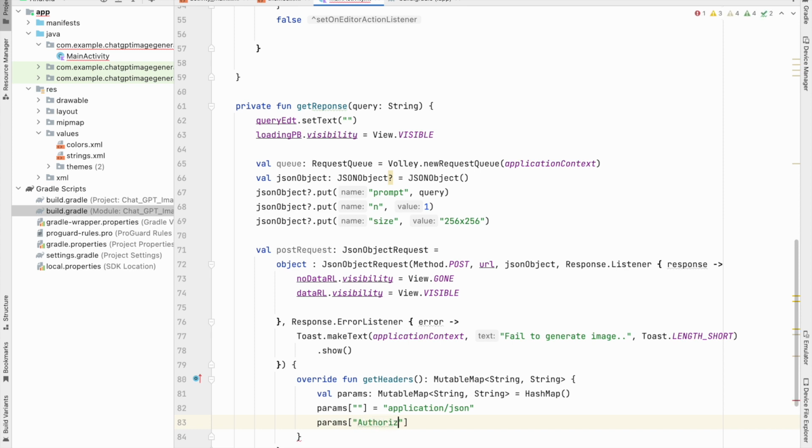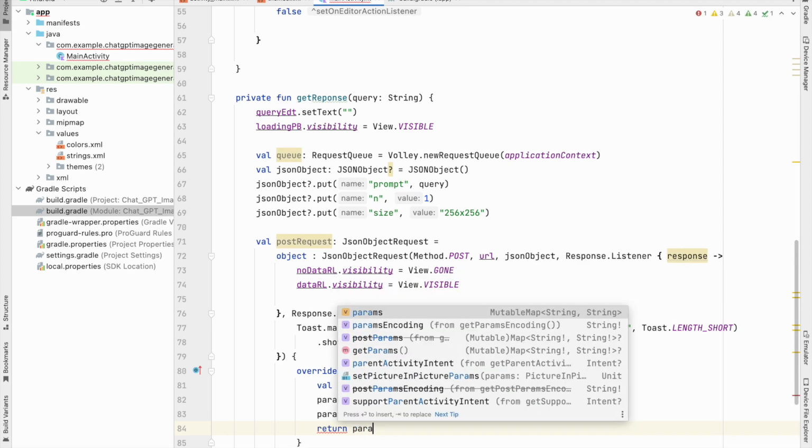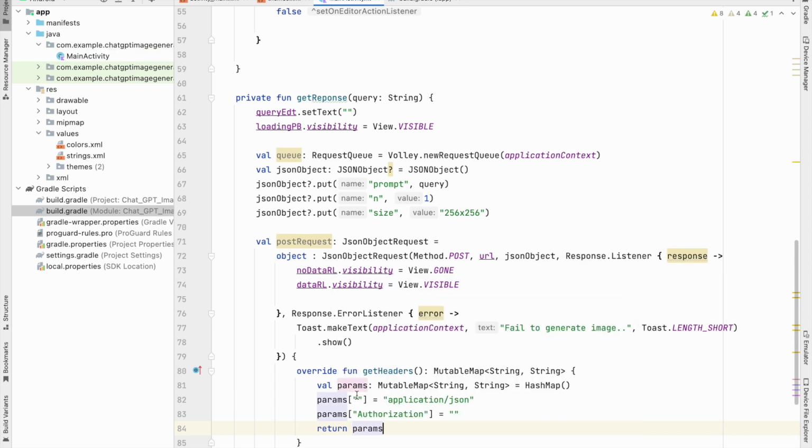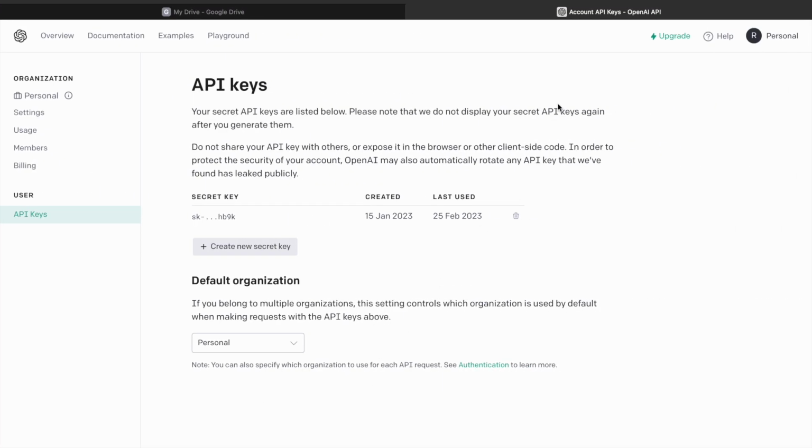Inside this, we have to specify the token. So we will take a look at how to generate the token, and then simply we have to return these params as headers. Here we have to specify the param as content type. So for generating the token, we have to simply navigate to the browser and then simply go to this link,